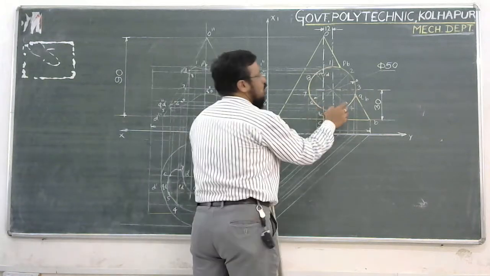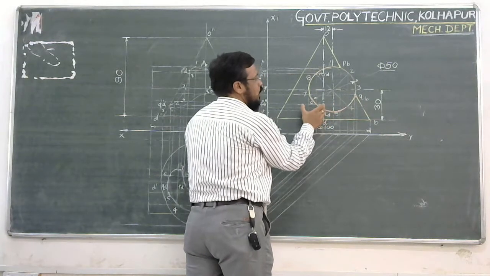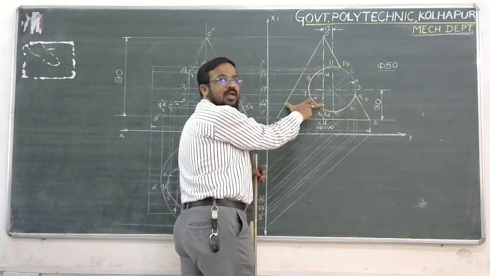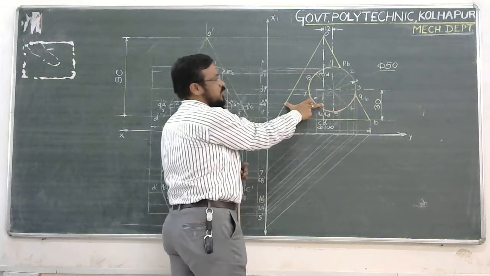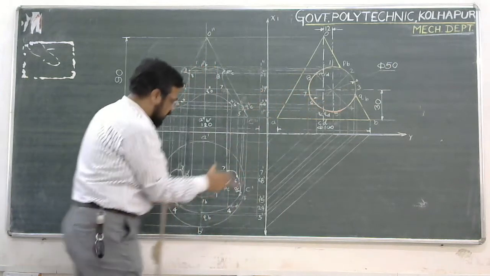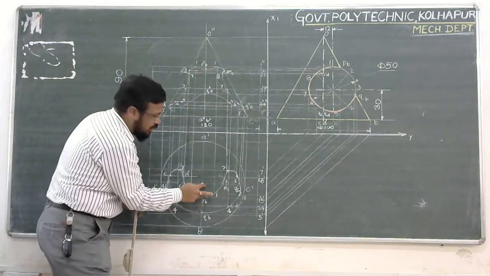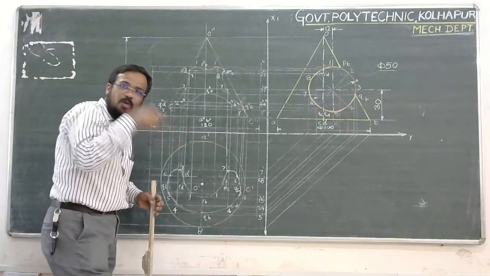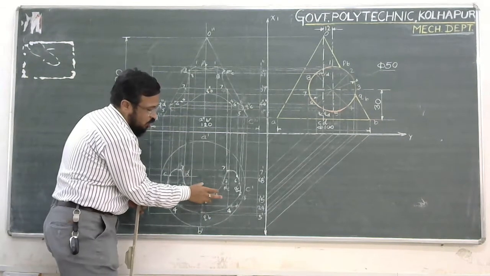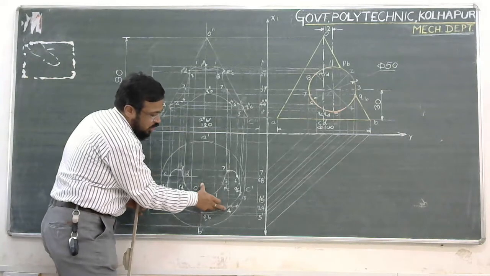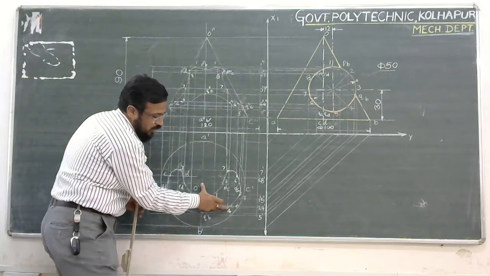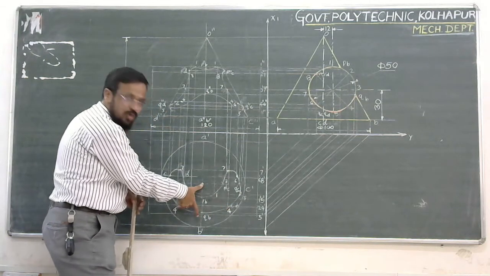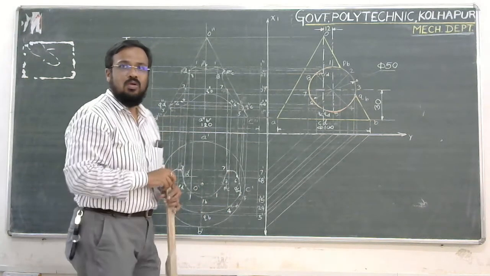Now, what distance do I need to consider? The distance is in between the axis of the cone to the end generator of the cone. This distance we have to consider with this center O, because this is the axis of the cone. In the top view, the axis of the cone is in the form of a point. From this axis of the cone, you have to cut the arc to this 4 projected point backwards. So this is 4, and here you are going to get 4. Likewise you have to think over it.